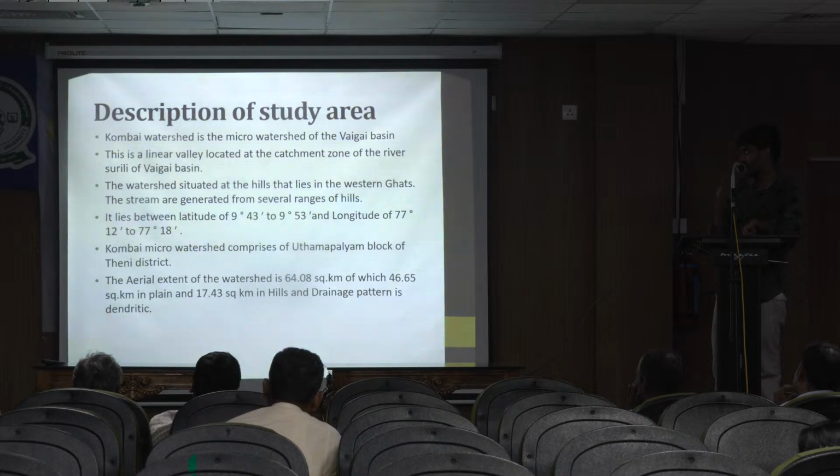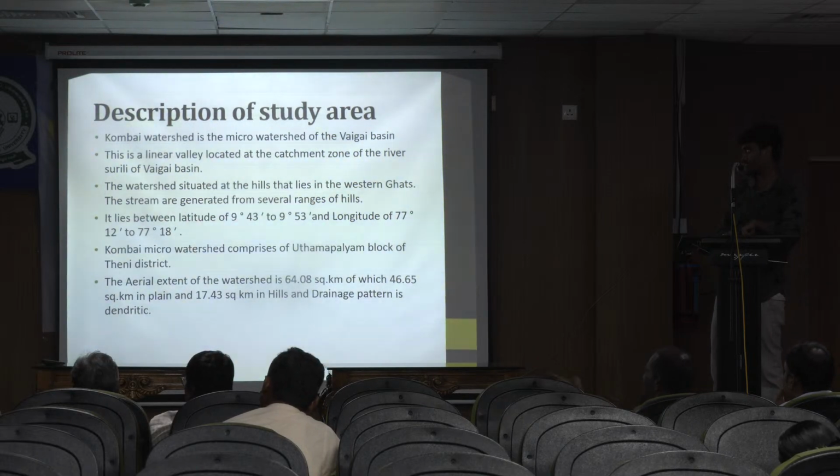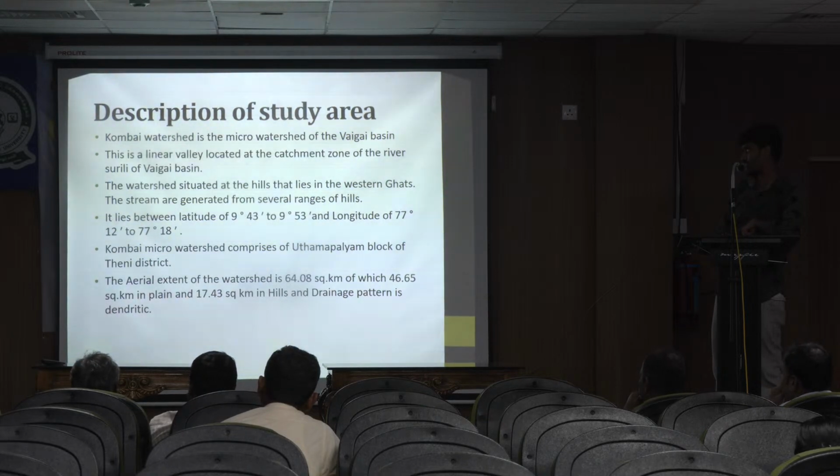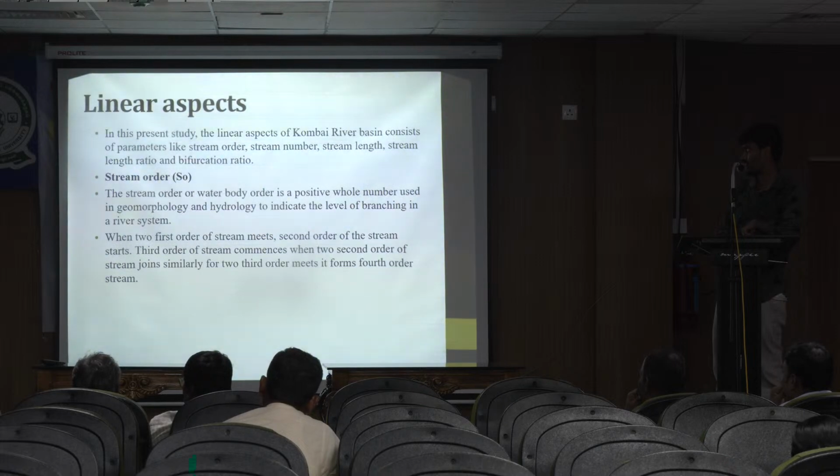Combined watershed is the macro watershed of the Valley Basin. The watershed is situated at the hills that lie in the Western Ghats. The streams are generated from several ranges of the hills. It lies within latitude 9 degrees 43 minutes to 9 degrees 53 minutes and longitude of